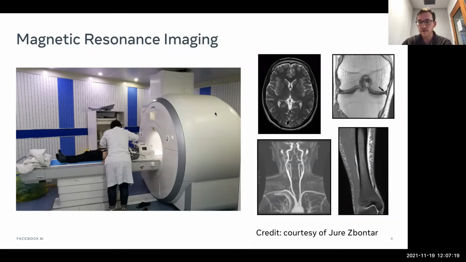The interesting thing is that the signal that we collect is very sensitive to proton nuclei, which mostly occur in water. The main part of the body where you have water, of course, is soft tissue. This property makes MRI very sensitive to soft tissue contrast. As a result, using MRIs, we can make these beautiful images of soft tissue features like in the brain, the interior of the knee, artery vessels, and we can also image functional aspects of the body and lots of other really cool things.